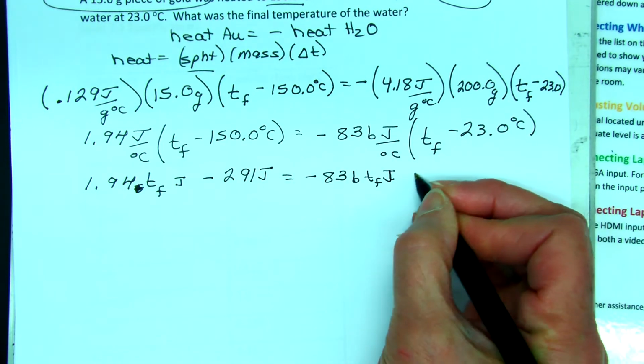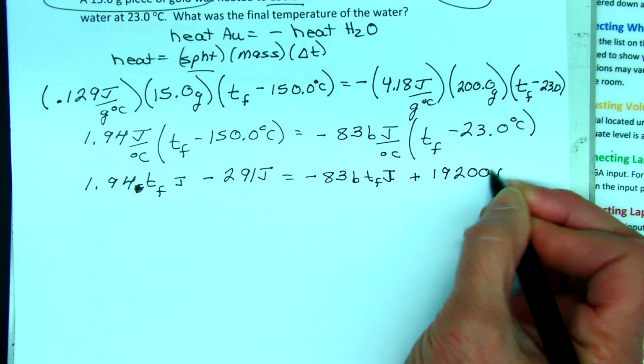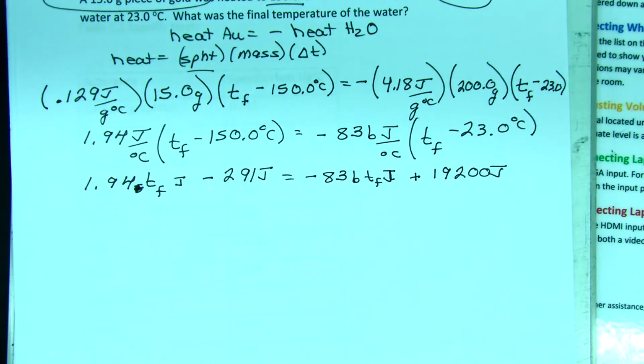Negative times a negative becomes positive, plus 19,200 joules. So now I have two T sub F variable terms and two numbers, so I'm going to rearrange